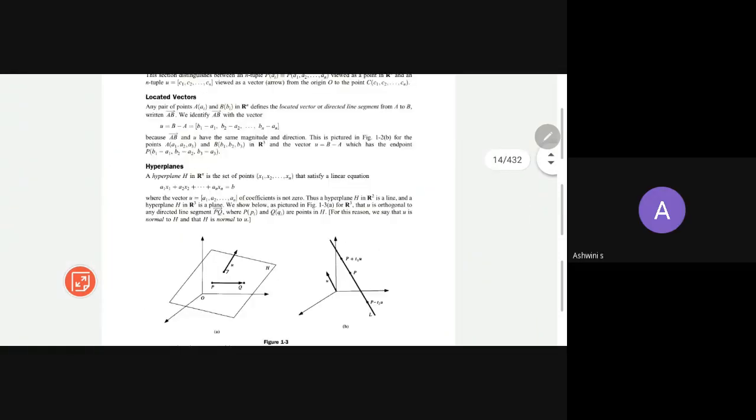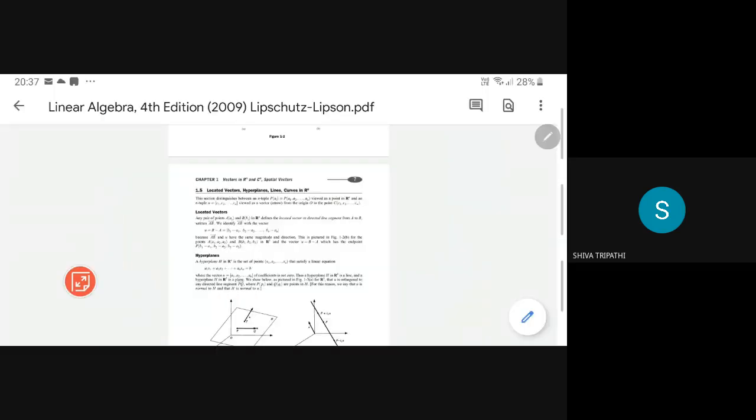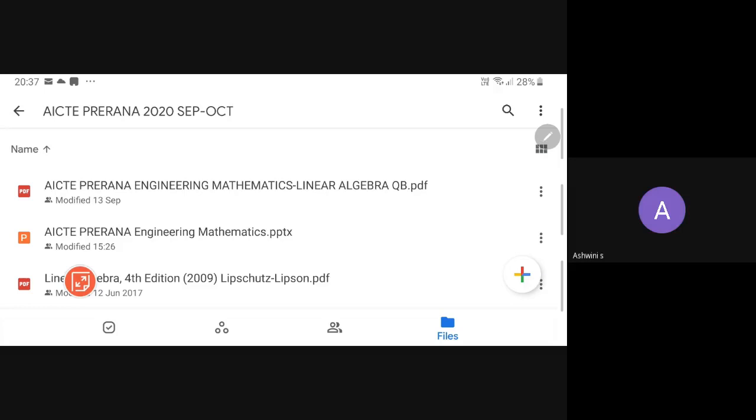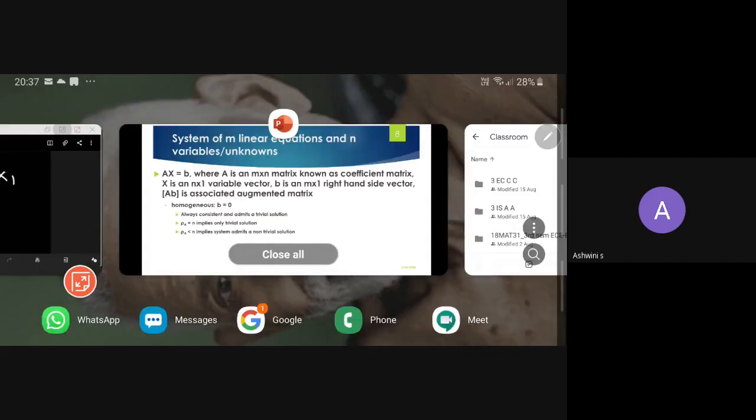Sir, I'm not able to find any documents in the classroom. There's nothing. Sir, can you please share once more? Okay, I will show you. See, I'm opening from the drive only. This is my drive. Sir, but in our classroom it's empty. There's nothing in any drive. Which classroom are you talking about? Not that one. See, RP20. I will tell you. Just a minute.